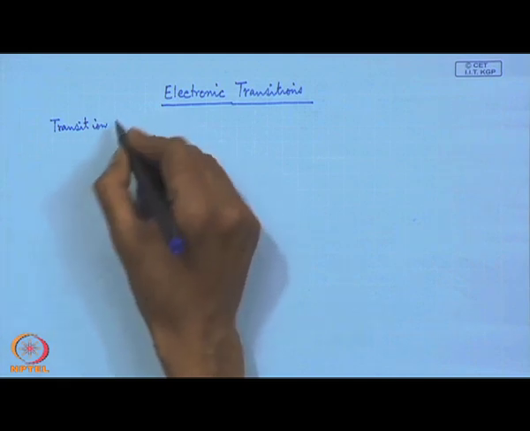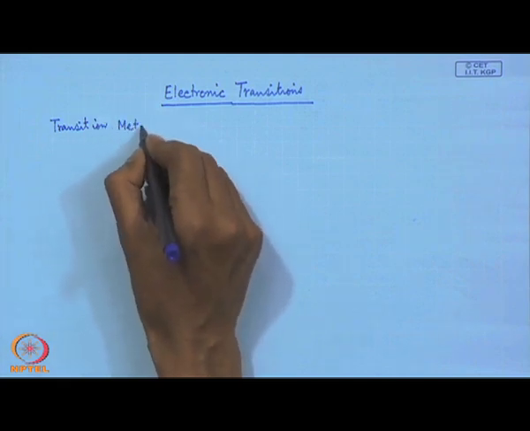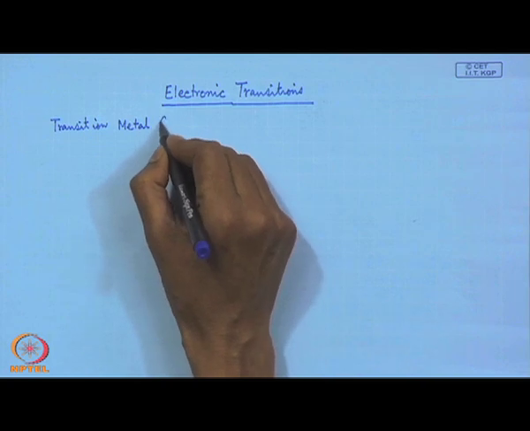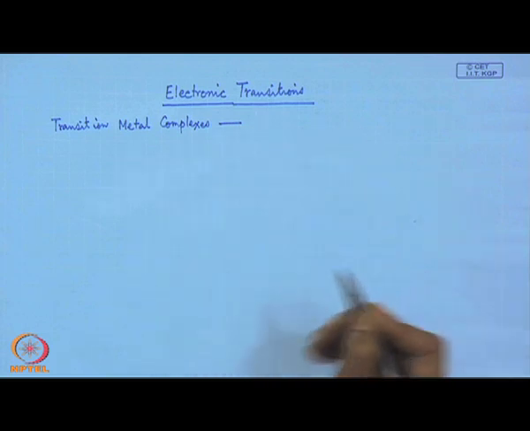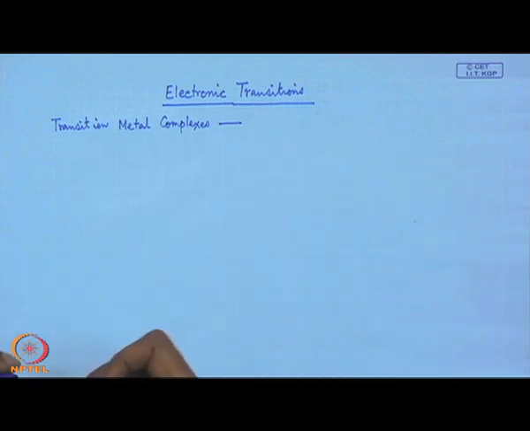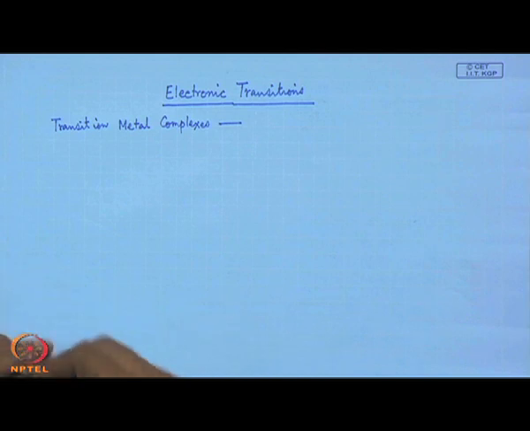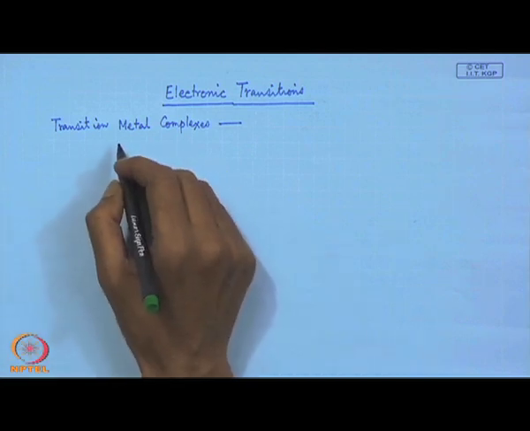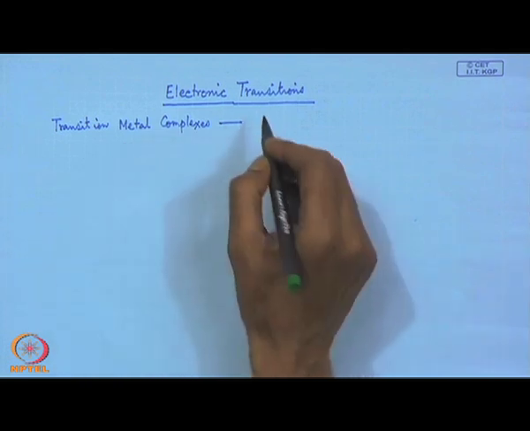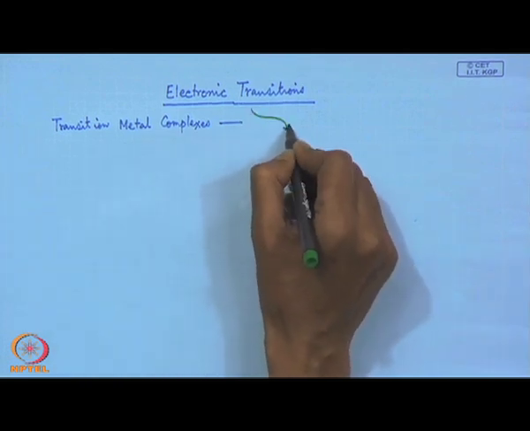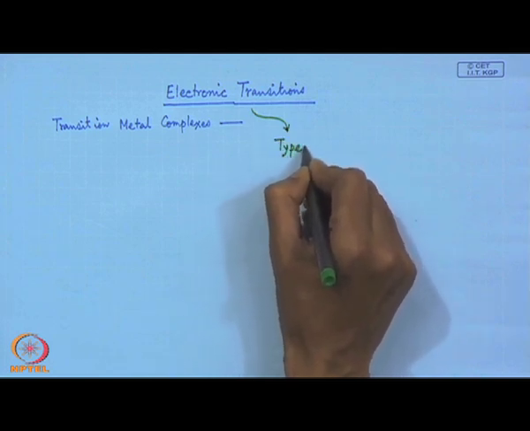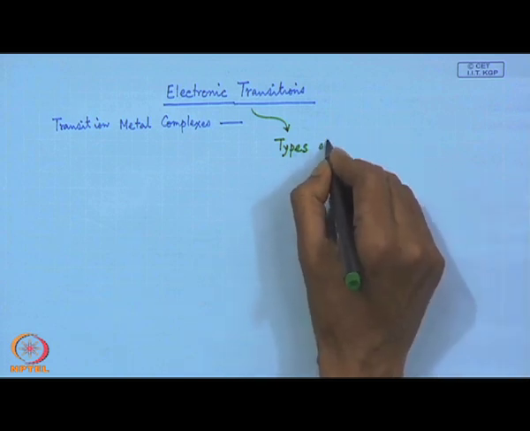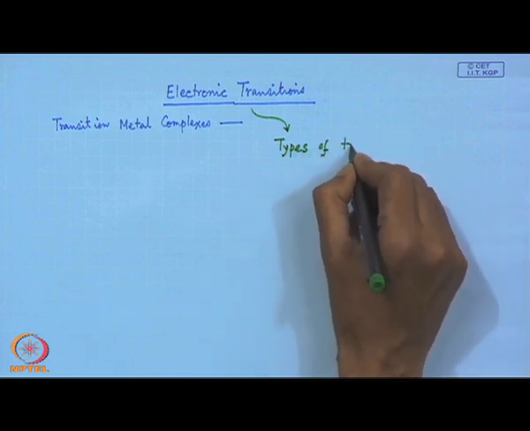So, if we have several such transition metal complexes, we should all be looking for the characteristic transition frequencies, that means the corresponding energy of these transitions. That will also tell us what type of transitions we are considering. So, we can have several types of such transitions,